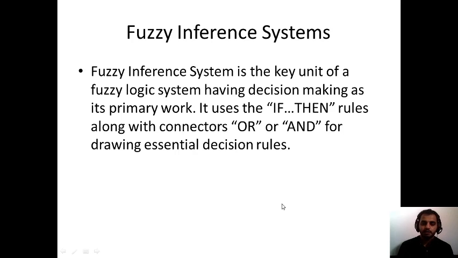Fuzzy and crisp. These are the two things that we are studying from the first day. Fuzzy is the value which is 0 or 1. Crisp is a value which is 0 and 1 as well as the values between 0 and 1. Now also we have studied the different things like how fuzzy will work and how crisp will work. We have seen the fuzzy members, we have seen the crisp members. We have seen the membership values of both of the things.